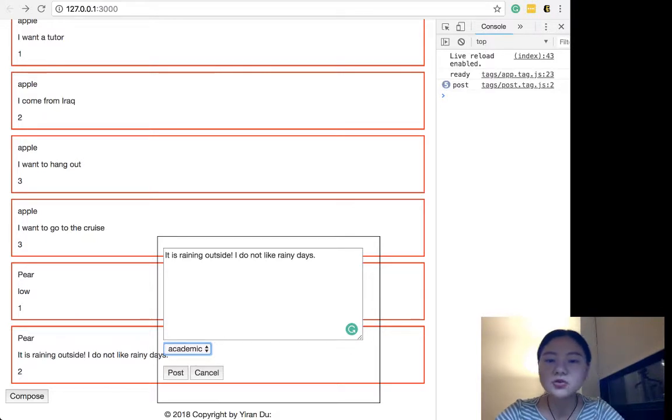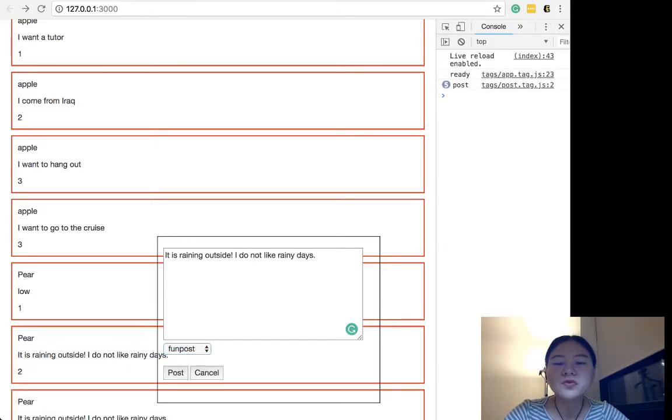Activity means that you want to ask somebody if they can go out with you or not. For example, it can be tomorrow I want to visit the Empire Building, or is there anybody available this weekend that we can hang out together, or something like that. But this is a fun post. And if you post,